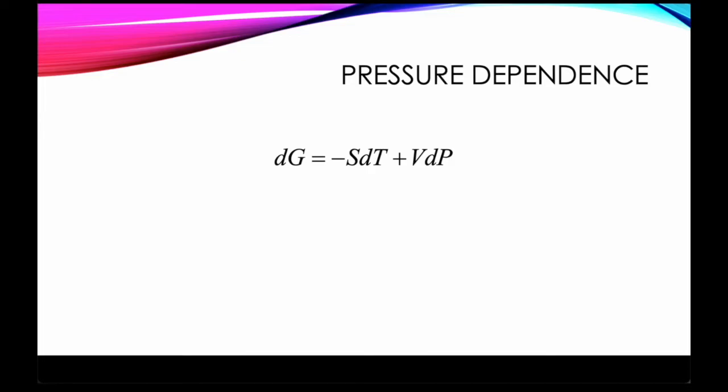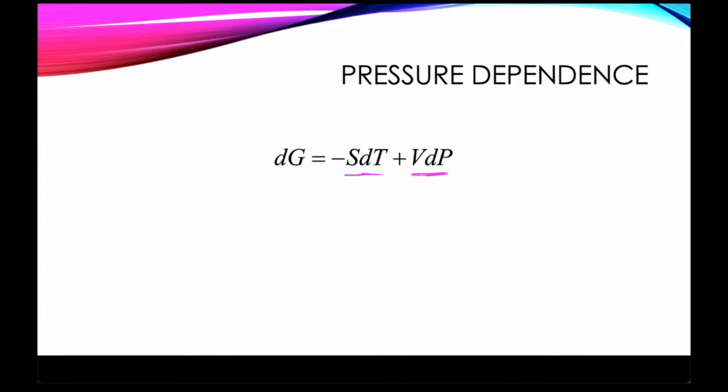So how do we do that? Well, we know that the Gibbs energy depends on temperature and pressure according to this expression. The temperature dependence depends on the entropy. The pressure dependence depends on the volume. All right. Well, we're going to first look at what happens with the pressure dependence. Obviously, we're going to be looking at the temperature dependence because that's the whole point to what we're doing here, is to figure out exactly what happens when we change the temperature.